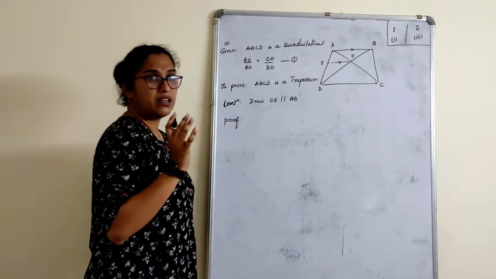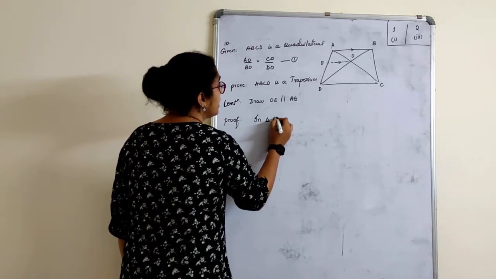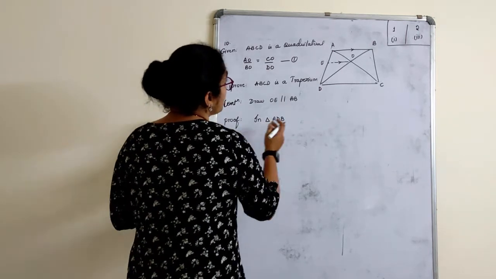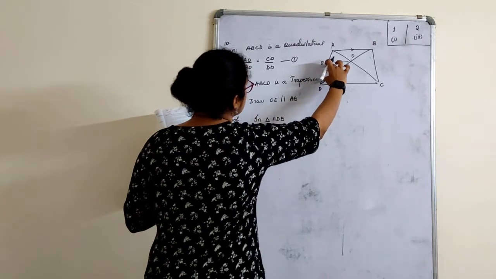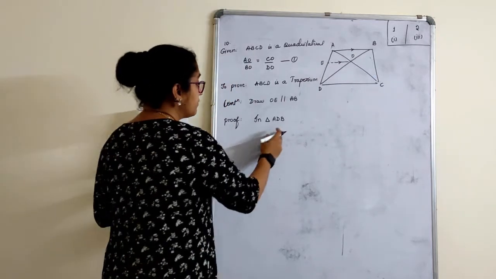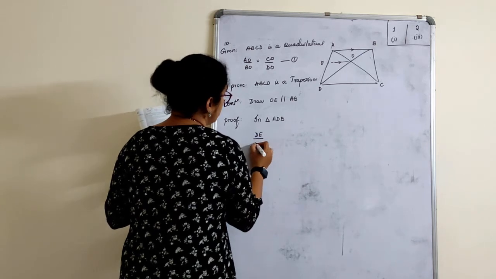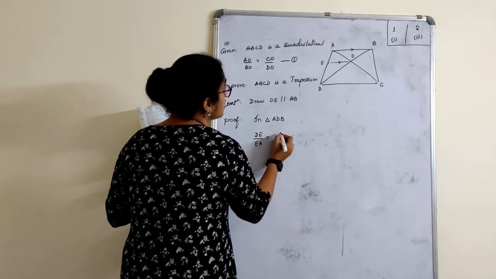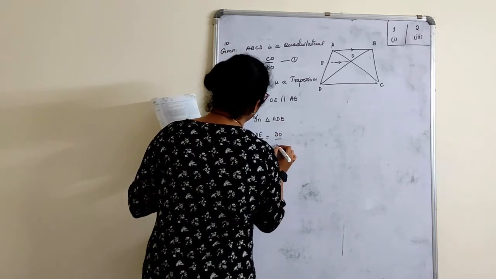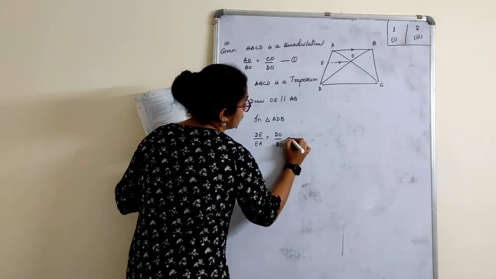Proof. Now, since it is parallel, I will write the proportional sides. In triangle ADB, how do we choose the sides now? In this triangle, I will tell that this side upon this is equal to this upon this, right? Because of proportionality, what we have to write here is DE upon EA is equal to DO upon OB. I will choose BO. BPT.